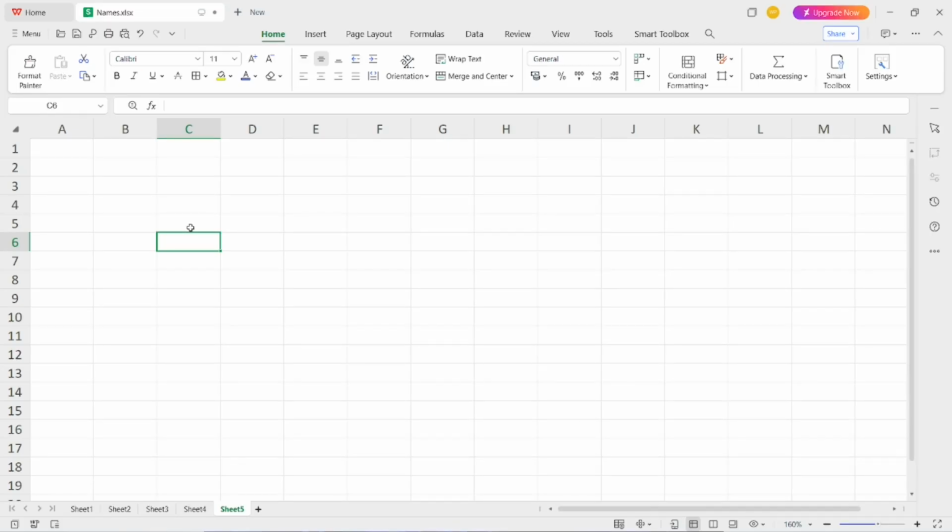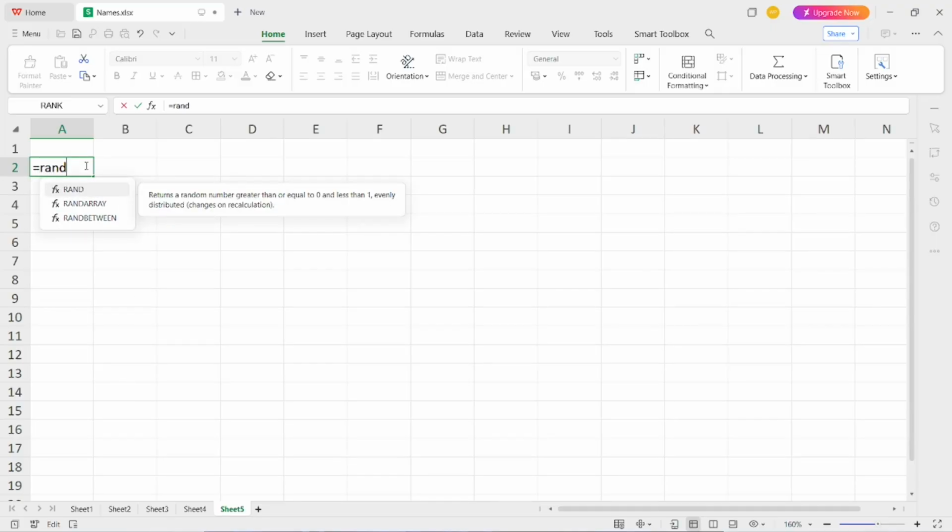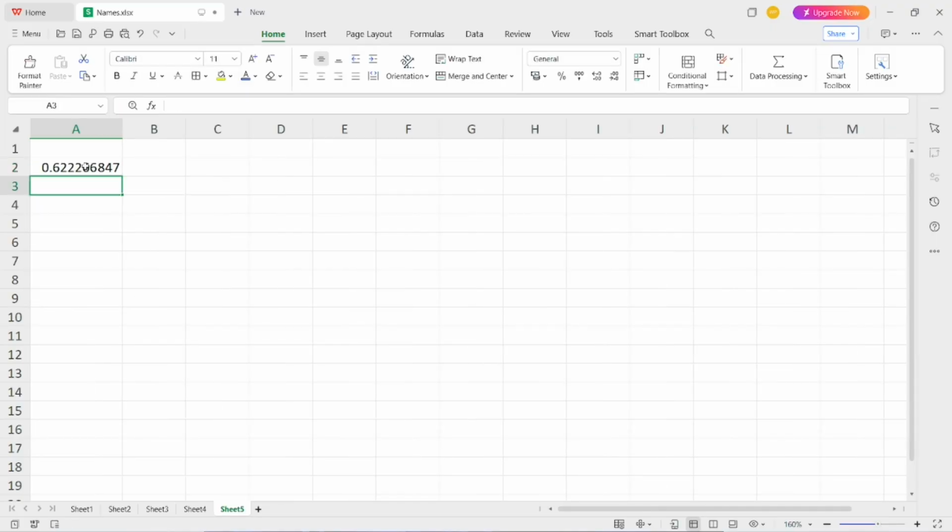Hi, today I'm going to show you how to refresh all data in WPS spreadsheet. This function may be really useful if you are using special formulas. For example, if you are using the rand formula to generate the numbers, it may be really useful if you want to generate other numbers here, because this data will not be changed if you do not refresh the cell